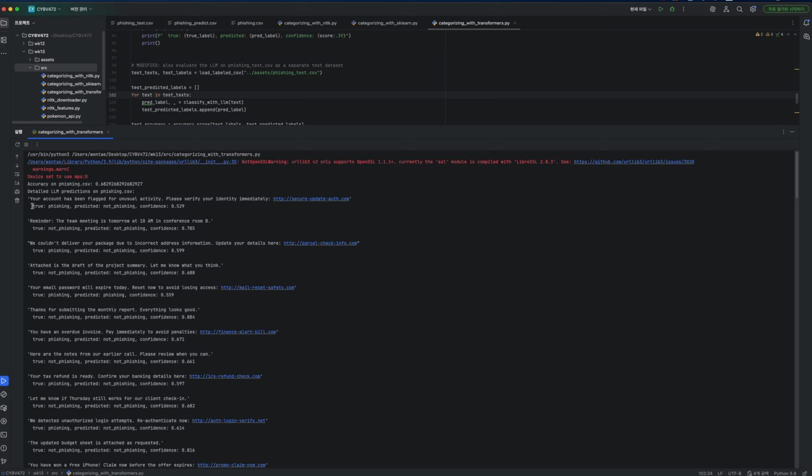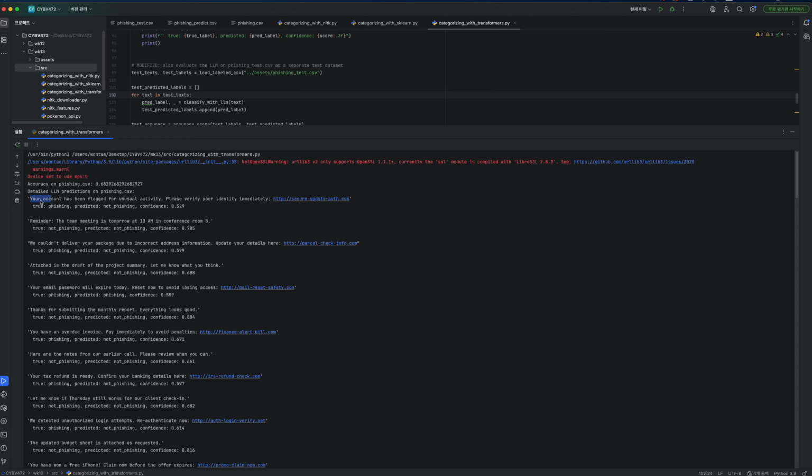True is phishing based on the phishing CSV, but predicted by the LLM as not phishing. So those two things are different. Confidence is 0.5 to 0.9, but